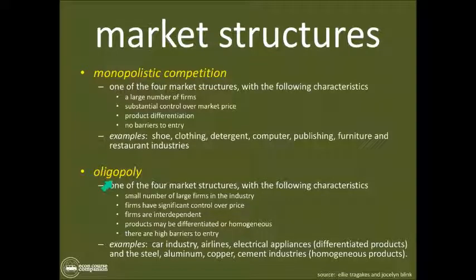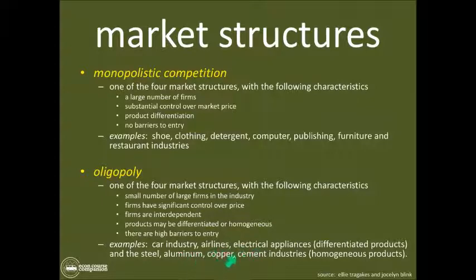So if all of a sudden, which happened after the September 11th, 2001 events in New York City and in Washington, D.C., people in the United States stopped flying in planes, right? And also the price of gasoline went way up because the price of oil went way up. And guess what happened? The car industries really, really suffered. And they all suffered at once because they're interdependent on one another. Okay? So other examples of this would be like airlines, electrical appliance